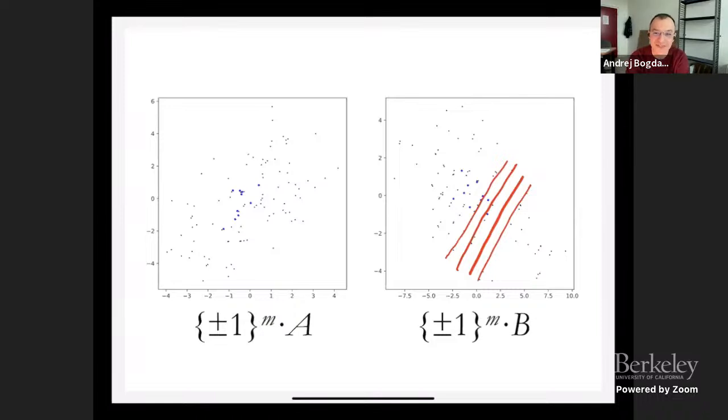So, okay, what does this have to do with certificates? Well, how am I now going to prove to you that the matrix is like A and not like B? One way to prove it is I give you a random challenge. I give you a random point somewhere, and I ask you to find me one of these plus minus one combinations which is close to it. And if I give you matrix B, then you have no chance, if I choose my parameters correctly, because if I pick a random point, then it's likely to fall between two of these lines, and then there will be nothing around it for you to give me.